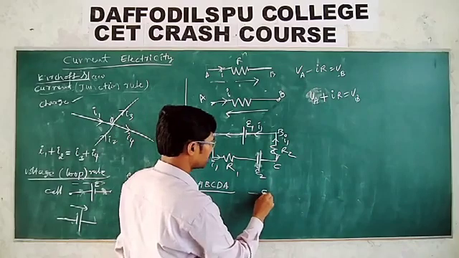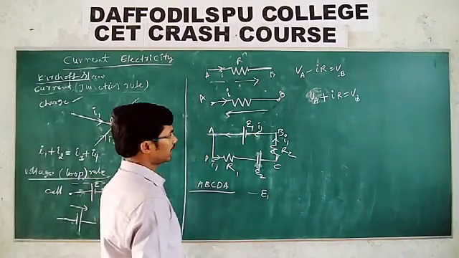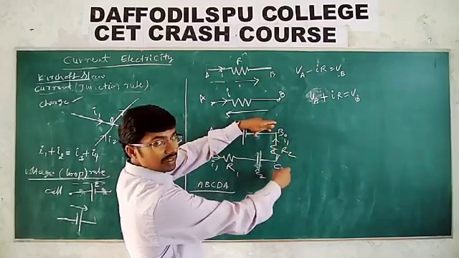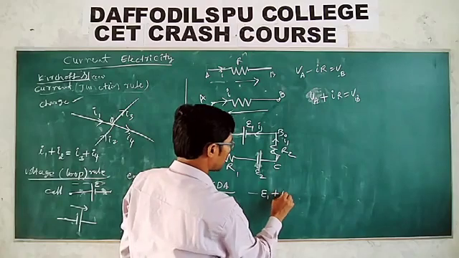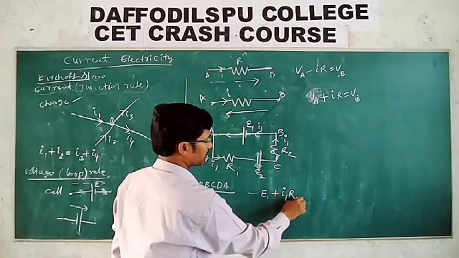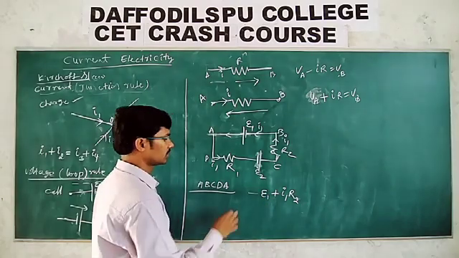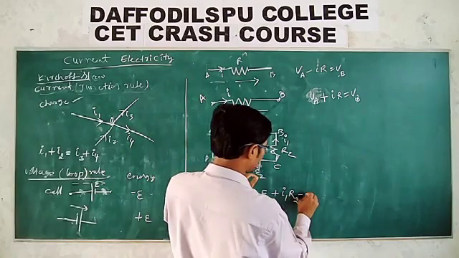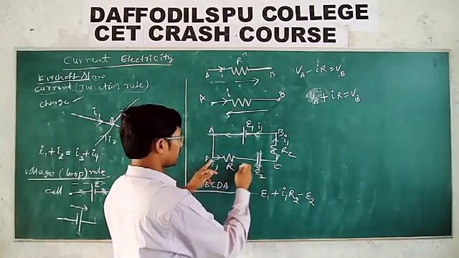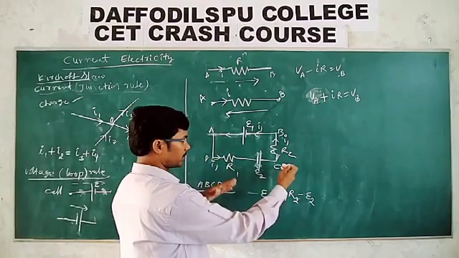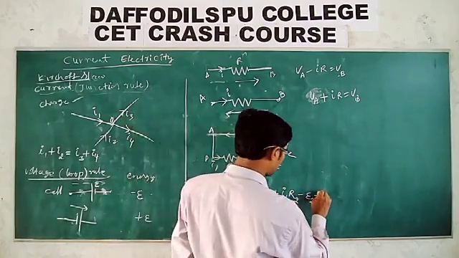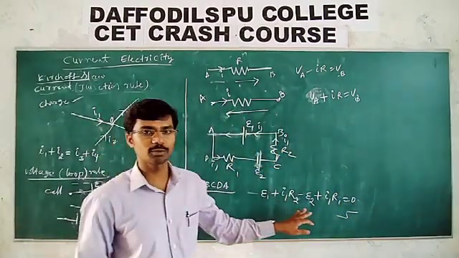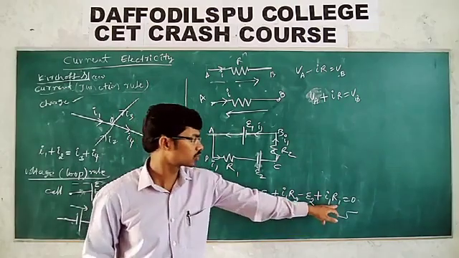Minus E, what is the EMF here? Minus E. Next, when we move from B to C, the current is from C to B, but we are measuring from B to C. Then what is that potential, friends? Plus I1 R, because opposite direction is plus. Then from C to D, again plus to minus, minus E2. And again the current is going in this direction, but we are moving in the opposite direction. Again we have plus I1 R1 is equal to 0. So the algebraic sum of the potential differences across any closed loop is equal to 0.